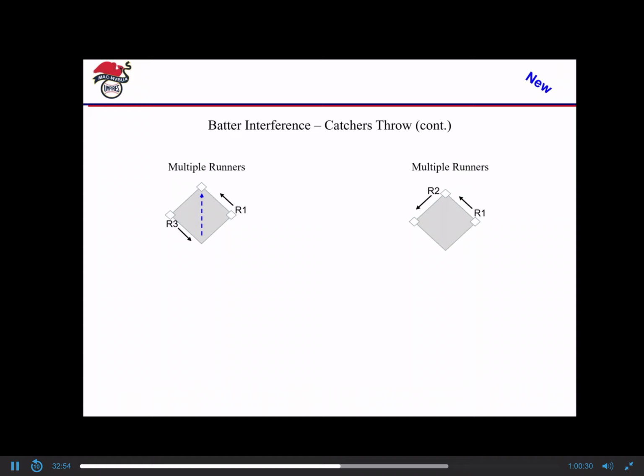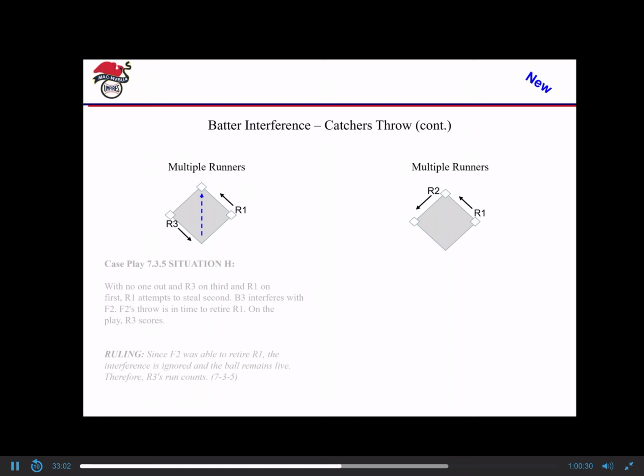The runner on first is going to steal, attempted steal to second. On the attempted steal to second, R3 is going to come home and score. So that's what we have. And the runner on second is going to be declared out. Well, now that we have the out at second, the runner from third who comes in and scores, that run's